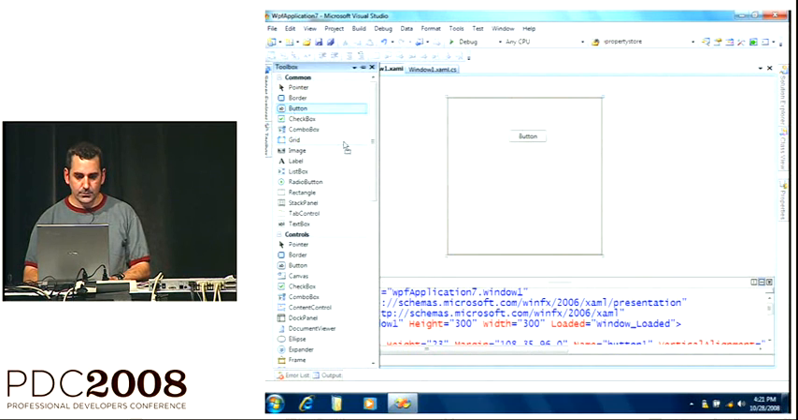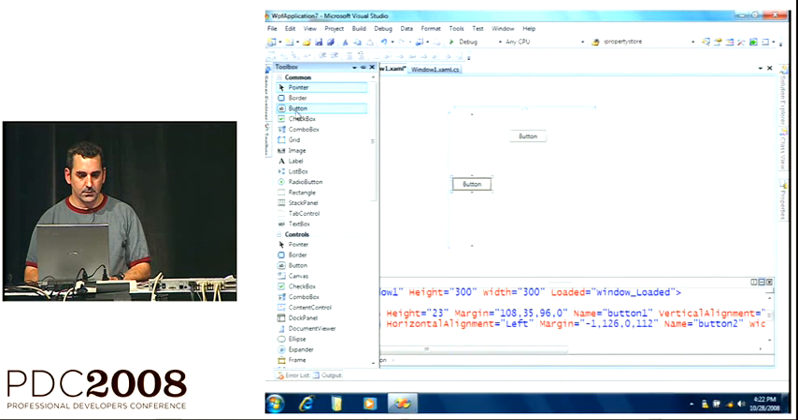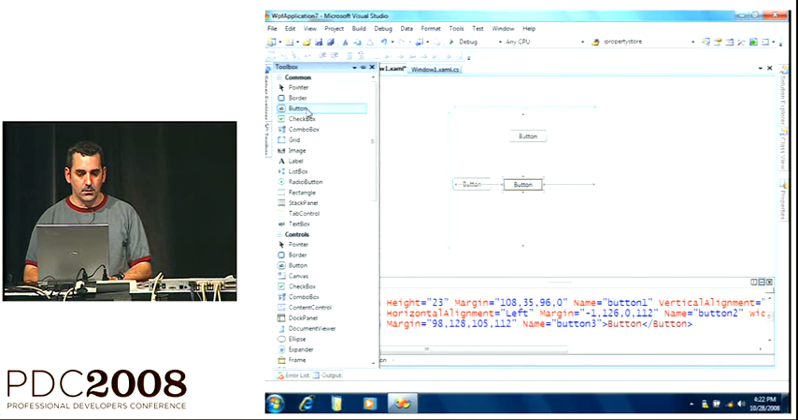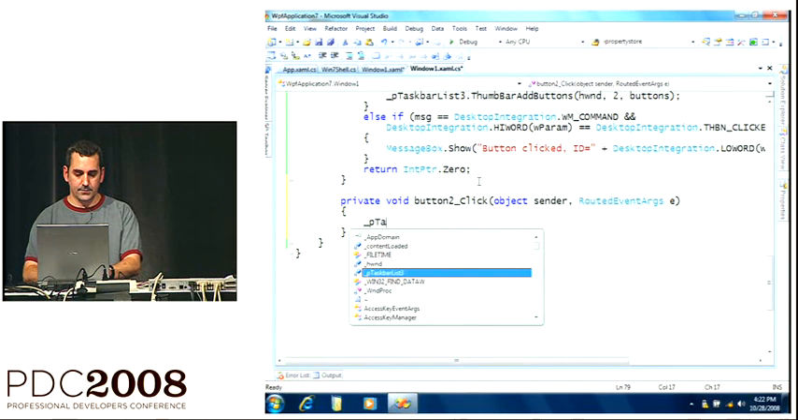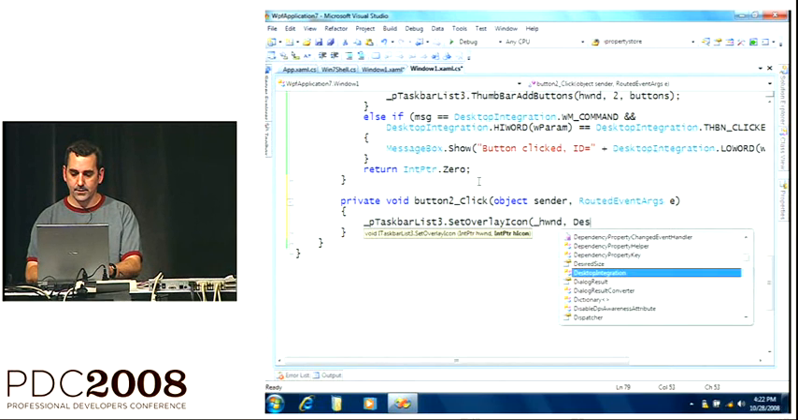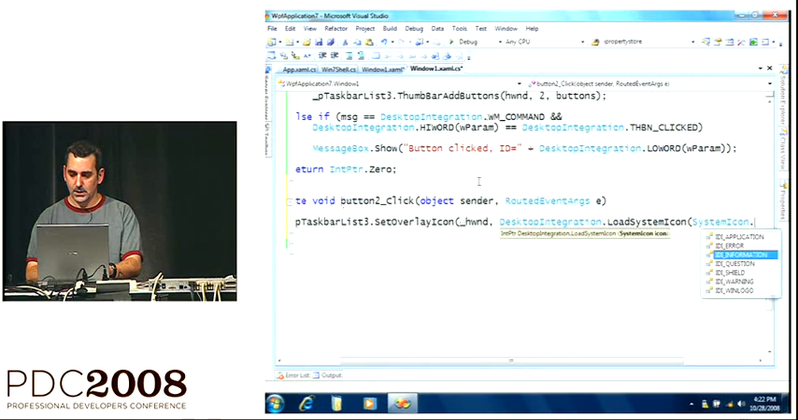And again, we'll do a little more developer UI by just dropping a few buttons on the form. Each button will set the overlay icon, a different overlay icon for our app. And when a button is clicked, we'll call set overlay icon with just some random icon that will say, oh, I don't know,